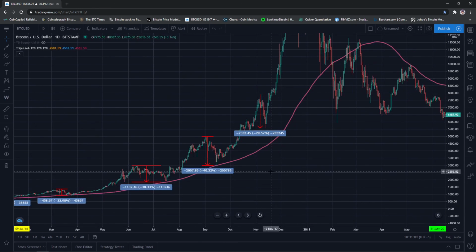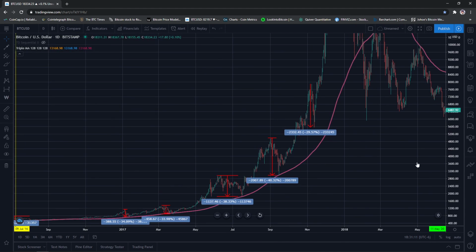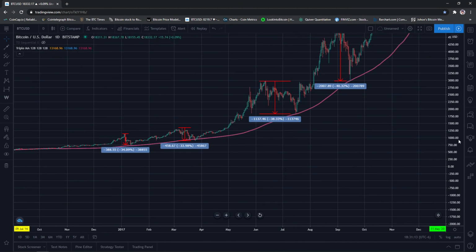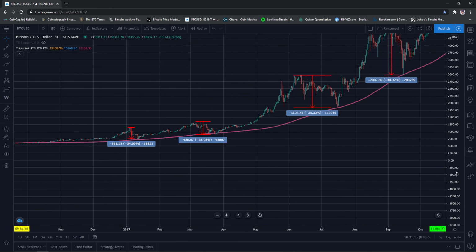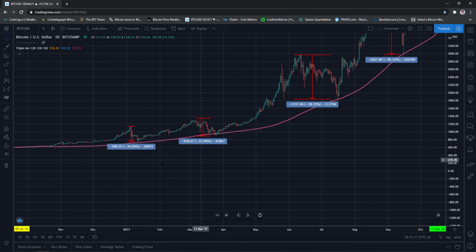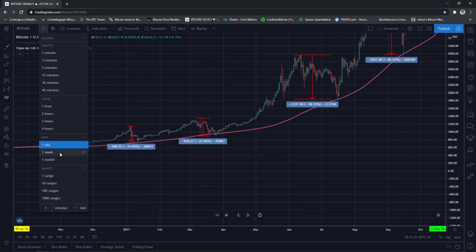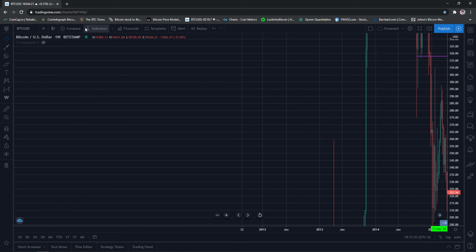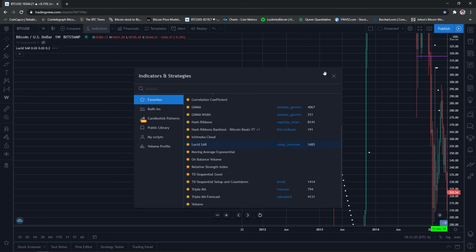So yeah, 128 was something that Willy Woo had made pretty popular. Is it going to work this time around? I'm not sure. I wanted to bring it up. But you can also use, like I said, stop and reversal points. And that could give you a good indication of where